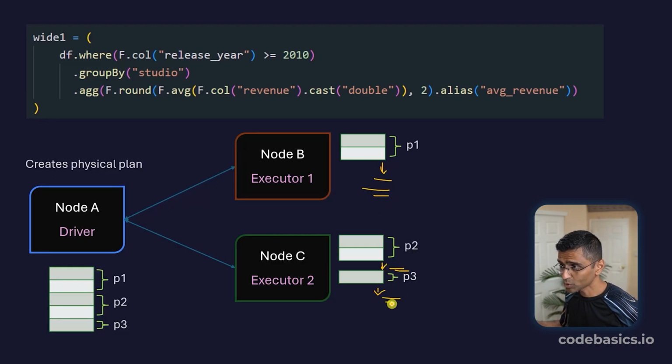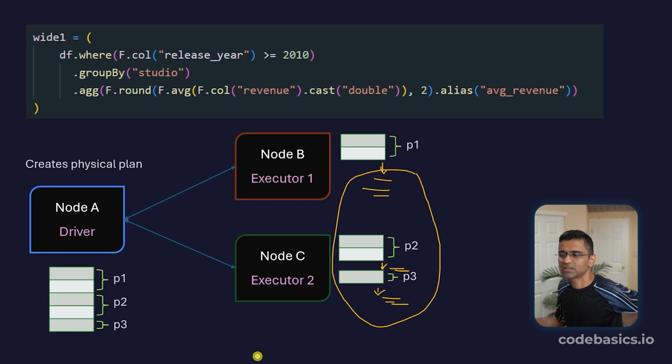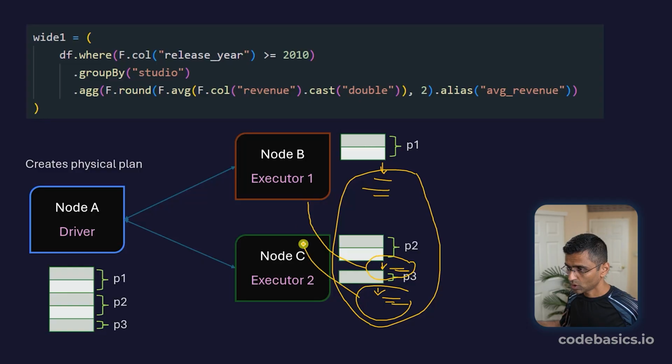But now to perform group by, you have to look at all these 3 data sets. So maybe some different node, let's say node B, is doing the group by. Now it has to get this filtered data. This data and this data needs to go to this node, and this node can perform the group by operation. Same thing with sorting. If you're doing sorting, etc., you have to go to a different node to get the data, and this is expensive. This is going to slow down performance, but we don't have any other option because there will be data